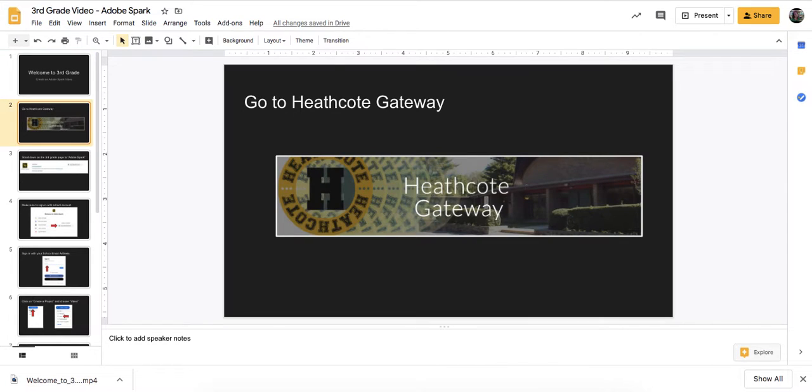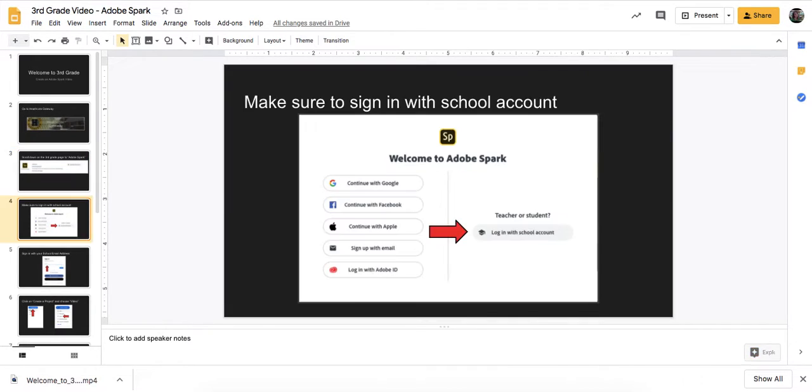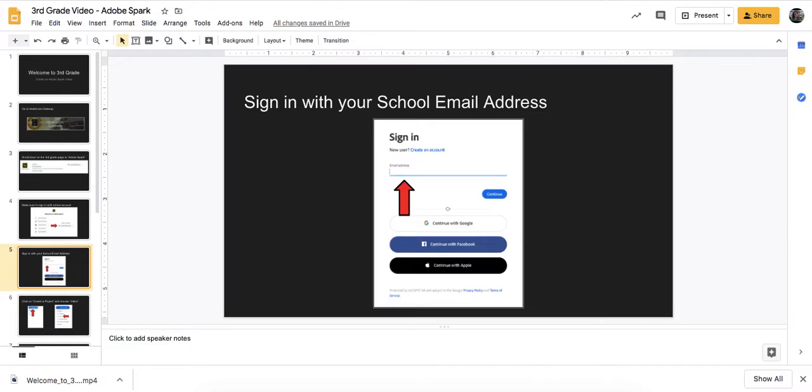So remember, you're going to go to Heathcote Gateway, and you're going to access the third grade page and scroll down to Adobe Spark Video and click on this link. You're going to be directed towards this page. Remember, do not sign on with Continue with Google. You're going to log in with your school account and enter your school email: first initial, last name 29 at